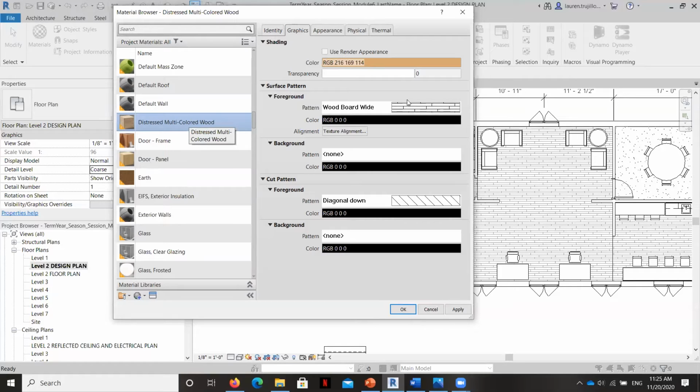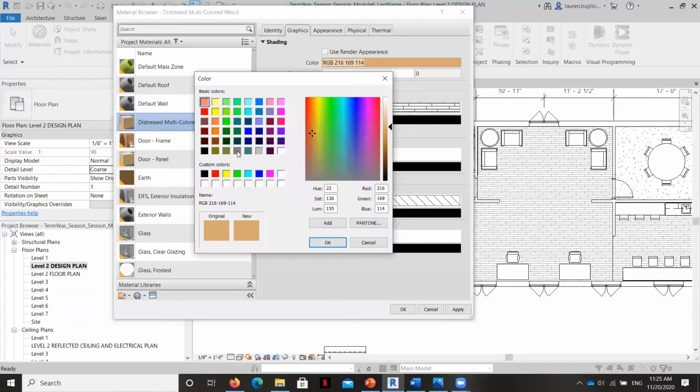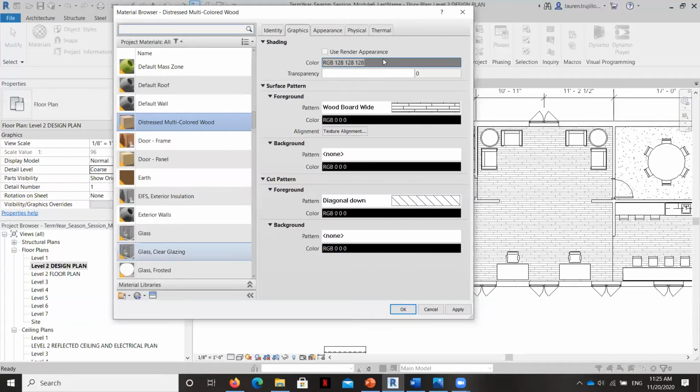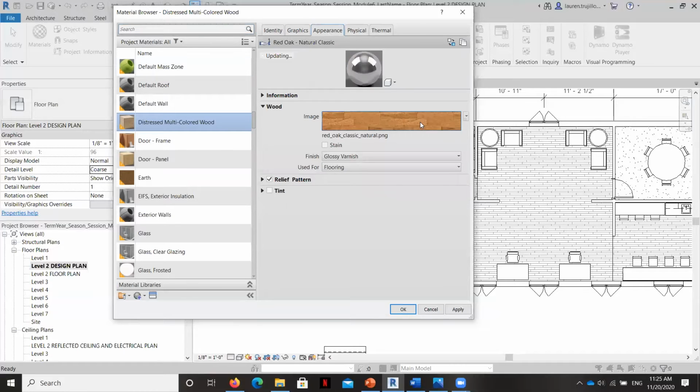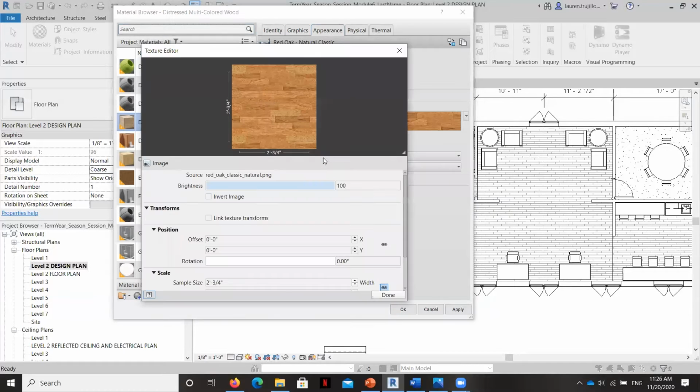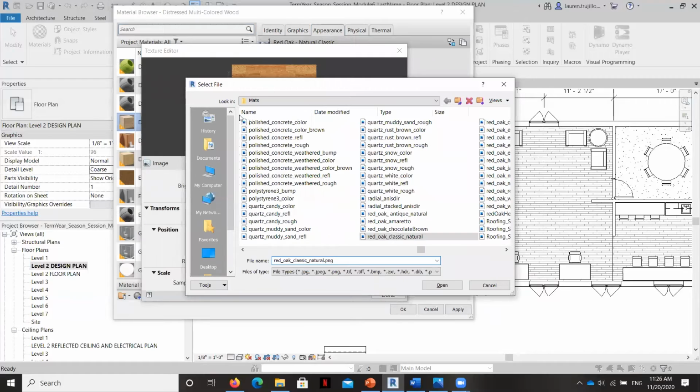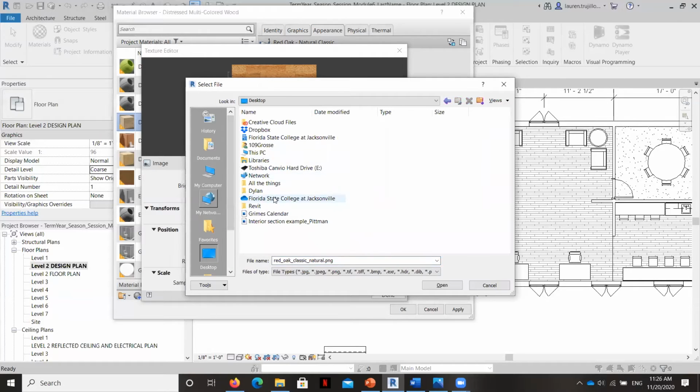And you can see here graphically, it's got the same representation because it's still wood, although I can change this to maybe look like it's gray so that I can distinguish it if I, for example, have two different wood types in there. Next, I'm going to go to the Appearance tab. And you can see here, this is the image of the wood, the photorealistic image, but that's not what I want this to look like, right? I want it to look different. So I can click on this and hit Edit Image. Okay. And if I click on here, it's going to allow me to select a different image. So wherever you've saved your material swatch, in my case, I'm going to go grab it from my folder.